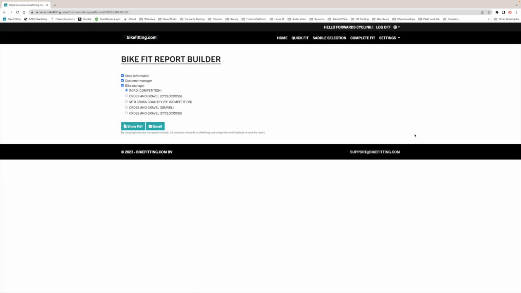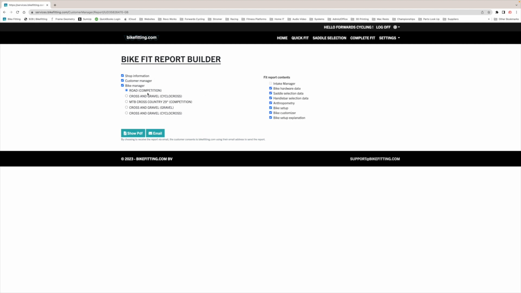Okay, then it drops us into the report builder. So you'll get some numbers come up here in just a second, or some check marks according to the selection of the road bike, which is what we've just done. So road bike competition, and then this just shows us the information that we're going to get from the report. So you don't need to know about the intake information. So if we just select all that,